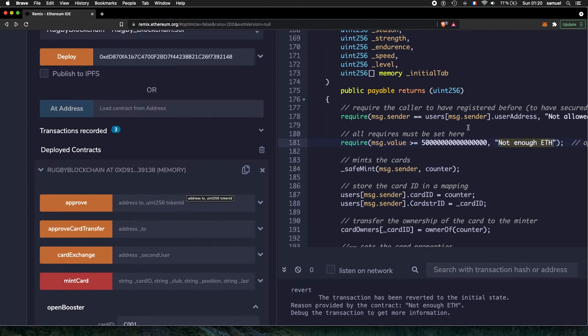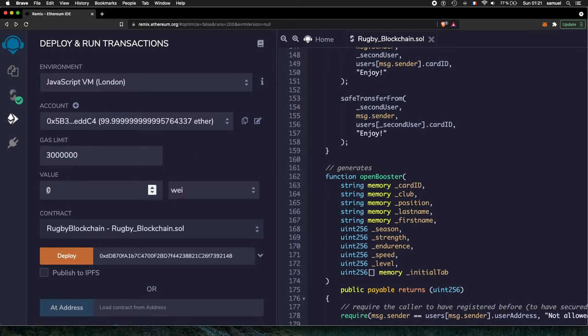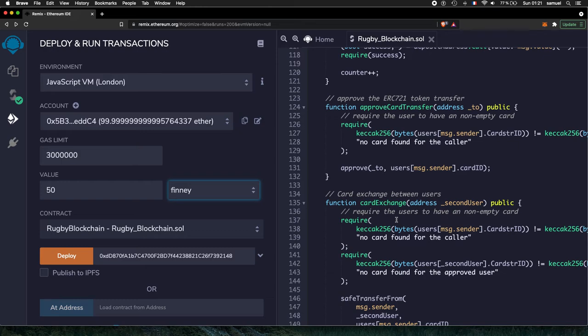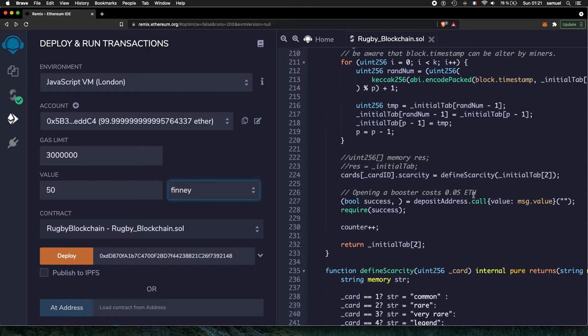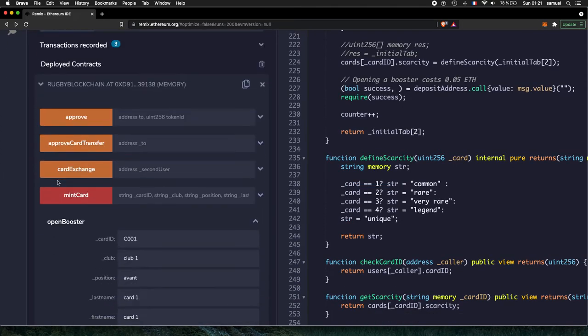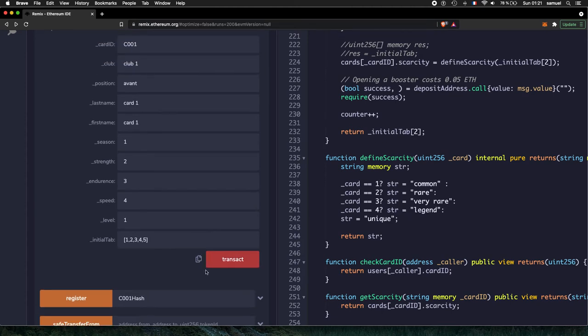To do that, let's come here. Since we need 0.05 ether, we provide 0.05 ether, which is nothing but 50 finney. So this 50 finney means 0.05 ether. So now we provide some ether. We can come here and call our function. So transact,